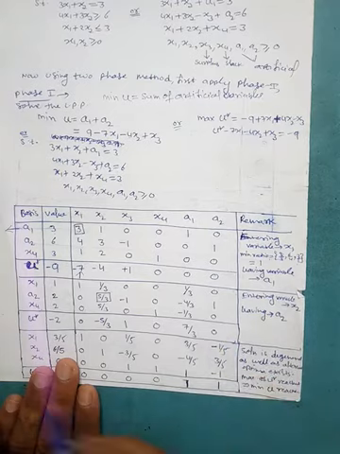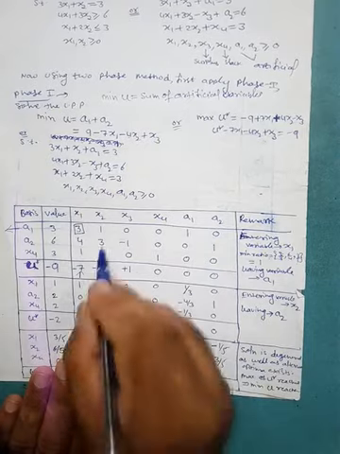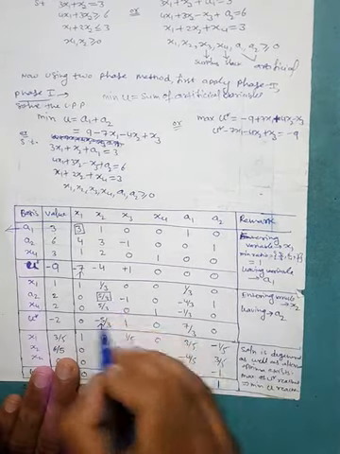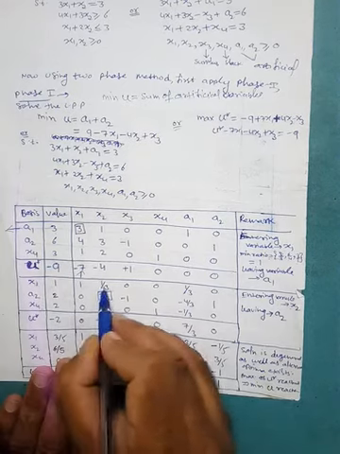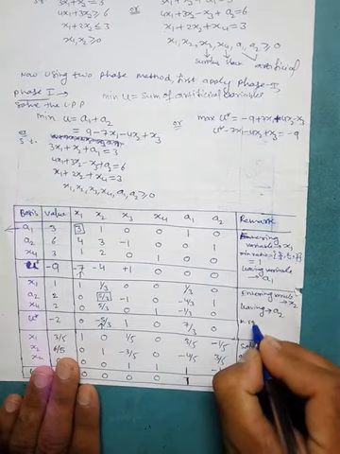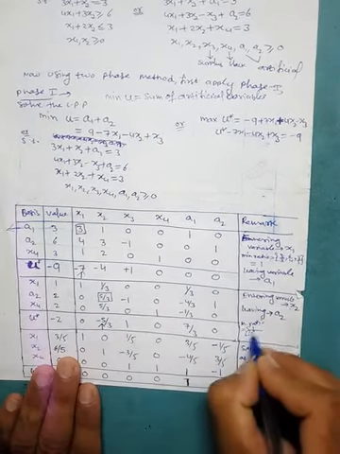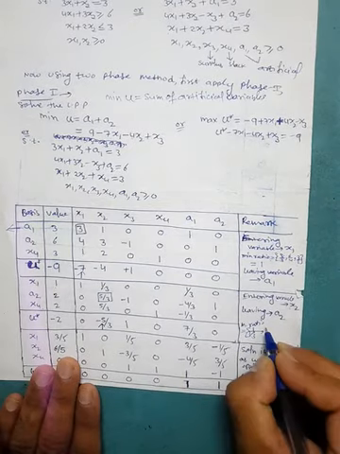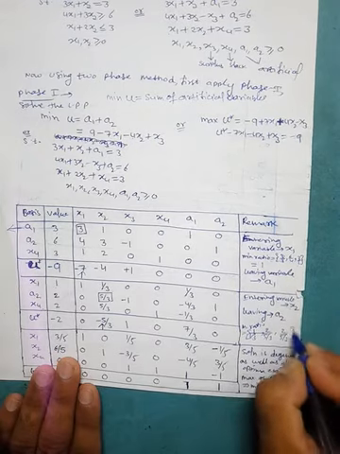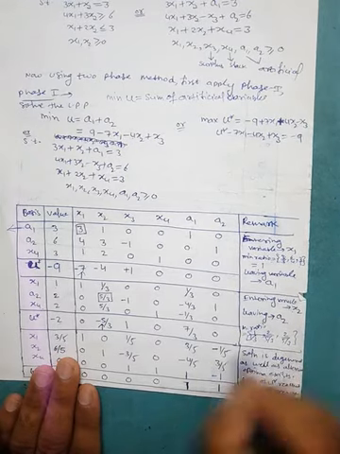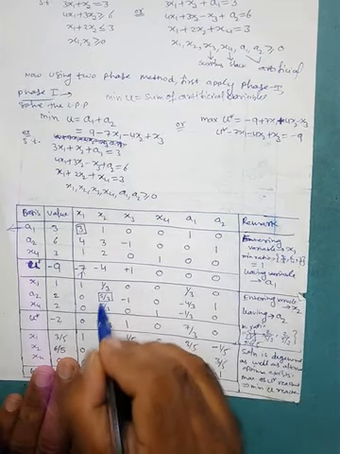Now again identify the most negative value in the u star row. So this is the most negative u value, that's why x2 enters. Now herein, if you find the minimum ratio, then the minimum ratio will be 1 divided by this. So the minimum ratio is 1 divided by this, so 1 upon 1/3, then 2 divided by 5/3, and then 2 divided by 5/3. So ultimately we will get 6/5, and there is a tie between these two, hence we can select any one